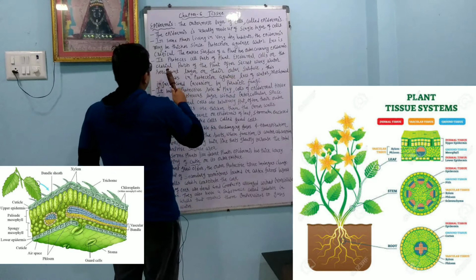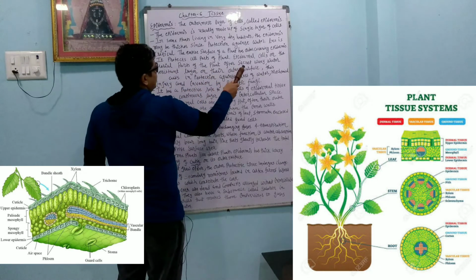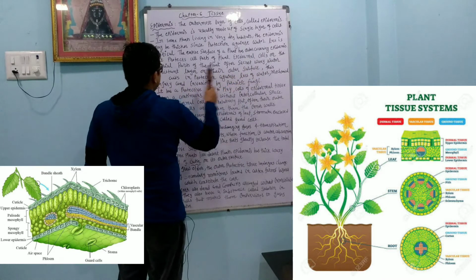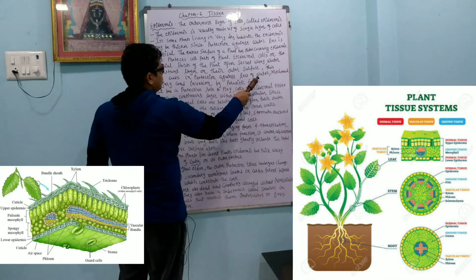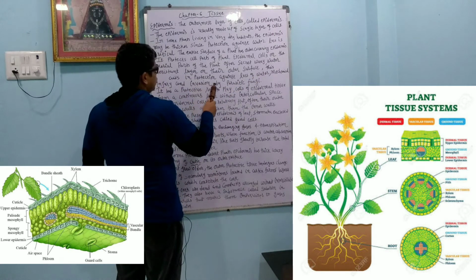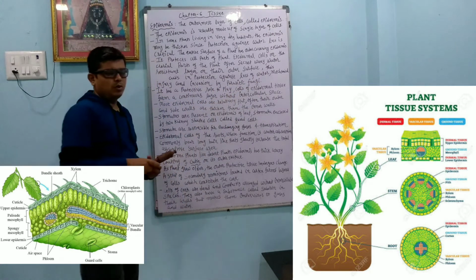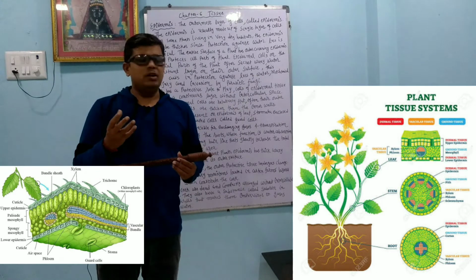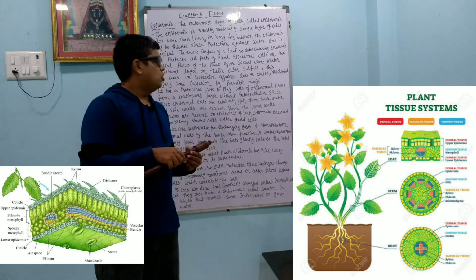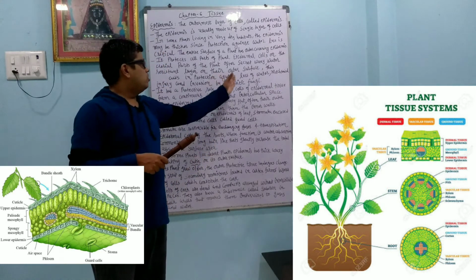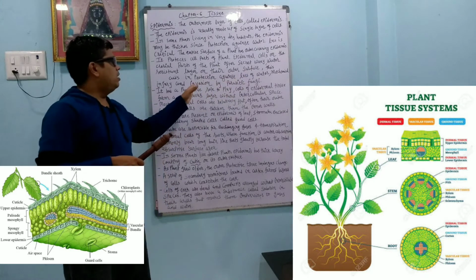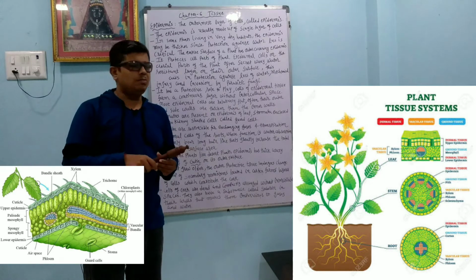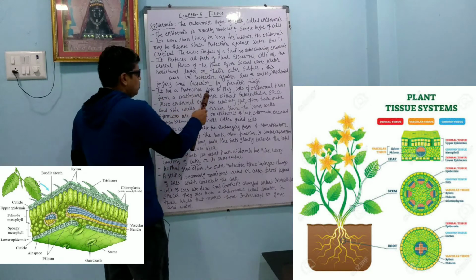Epidermal cells on the aerial parts of the plant often secrete a waxy, water-resistant layer on their outer surface. This aids in protection against loss of water, mechanical injury and invasion by parasitic fungi. To avoid loss of water, it secretes some waxy material. Parasitic fungi should not enter the plant. It has a protective role to play.